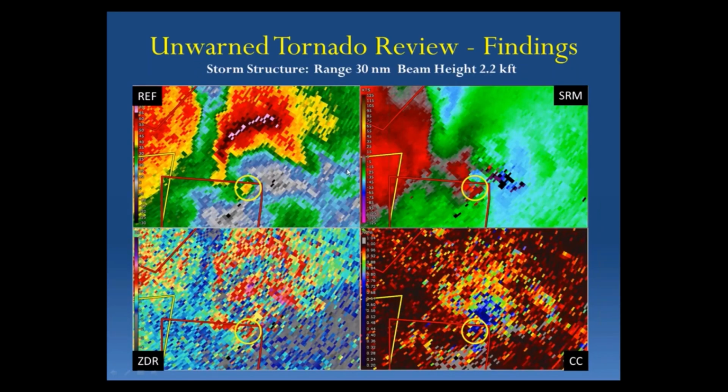Another one, this is another event, and we'll see some more examples of this event a little bit later on. You can see right now at this point, we have a tornado warning out. If you look at the very lower right and then the ZDR to the lower left, we do have a TDS on the storm. Notice the lowering CC to the north of that is all within the inflow region, so that's not the TDS. It's that little bit that's catching the northeast corner of that. So that tornado warning would have verified. And this storm will move off to the northeast, and we'll see what occurred with that a little bit later on.